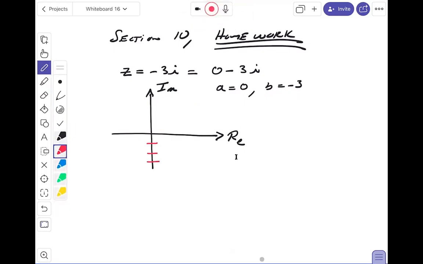1, 2, 3. The points are right over here. First thing I'm going to do is put the angle in. All right, what's the angle going to be? Standard position, something like this. And what's that going to be? Well, it's 270 degrees